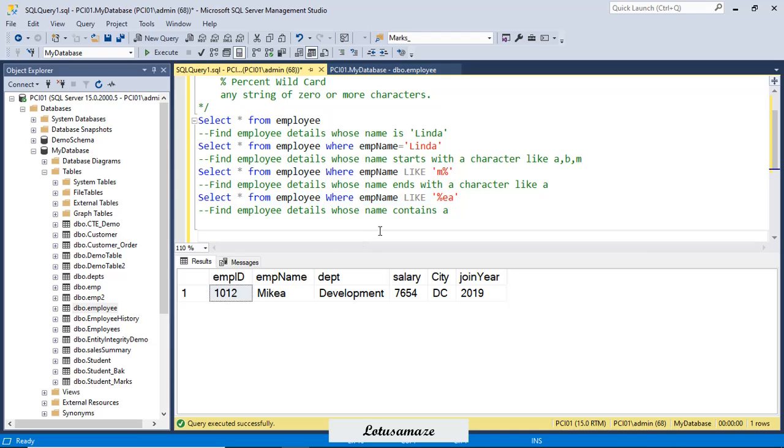Now the next query is: find employee details whose name contains. In the last 2 queries we tried characters that the name starts with and ends with. Now this time, contains means we'll try to find the character, and that character could be at any position.